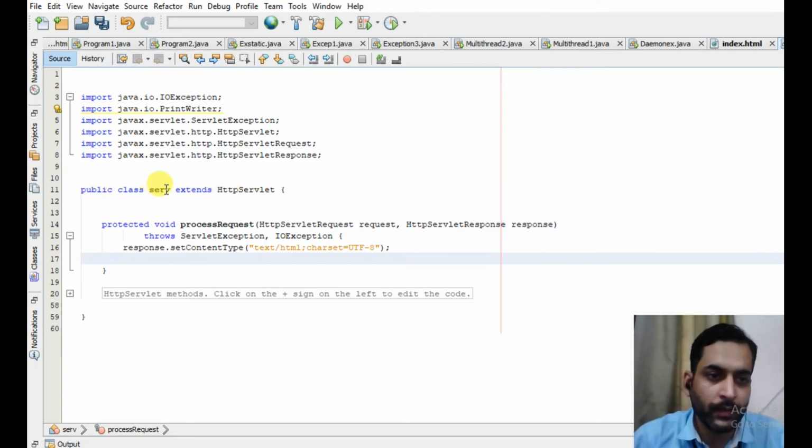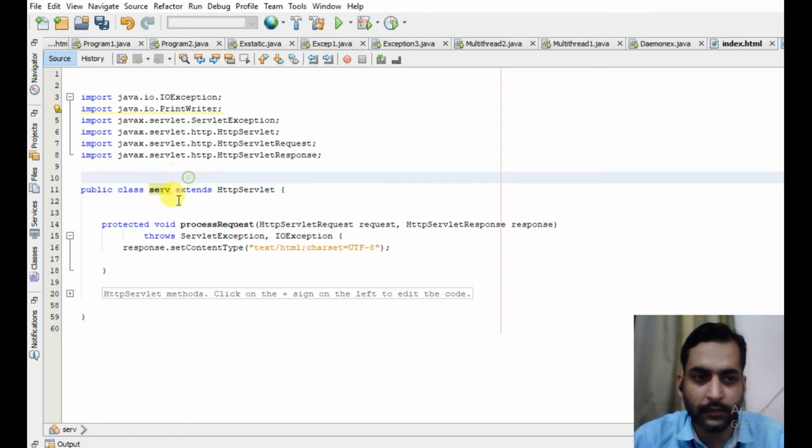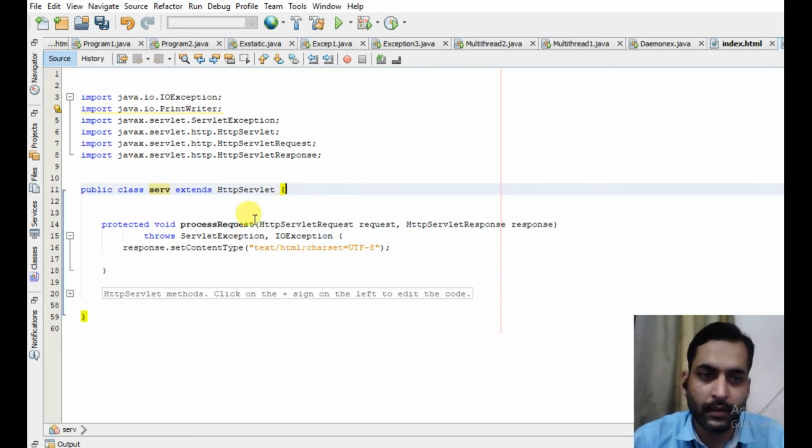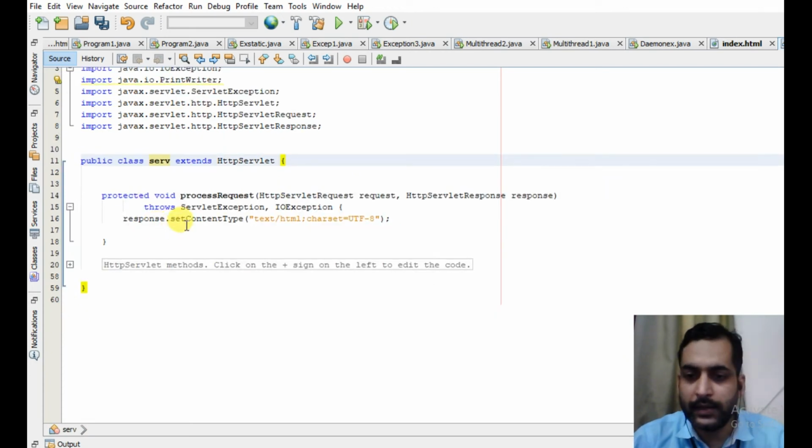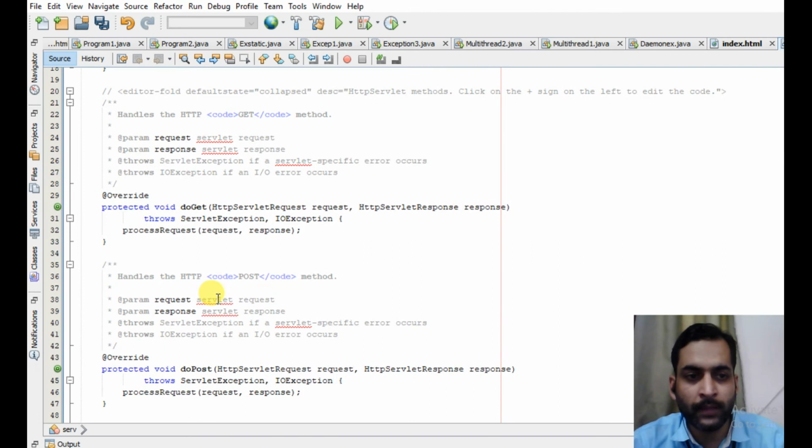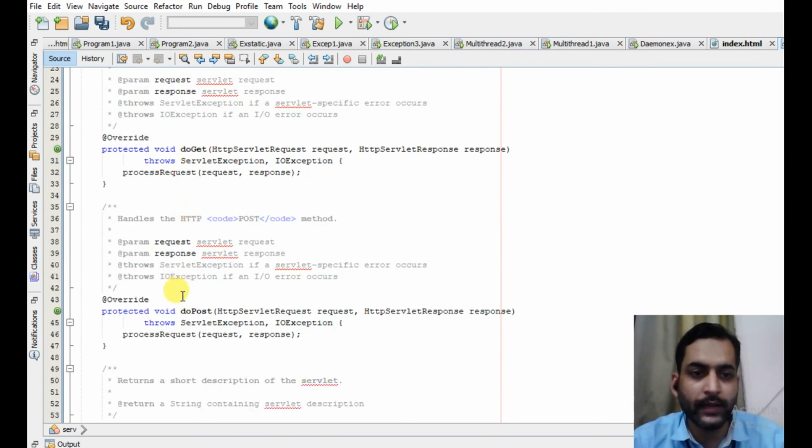So here, in order to create a servlet, the servlet class should extend the HTTP servlet, right? So in HTTP servlet, in place of service method, we have two methods, do get and do post, right? Like this, do get and do post.